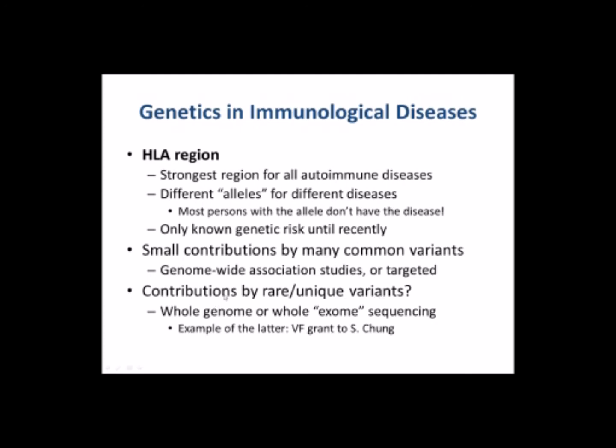And so you get that by actually sequencing the whole genome, which remains extraordinarily expensive, or what's called the whole exome, which is the part of the DNA that actually is transcribed into protein, which means that there are differences in the products. And I want to point out here that an example of the latter is a VF grant to Sharon Chung. You'll see I'll reference grants to the VF throughout this presentation, but believe it or not, the presentation in terms of the themes of different things I'm going to talk about is actually not biased. I'm not biasing that toward talking about VF contributions. We really have, as I discovered, covered elements of the important areas in vasculitis.